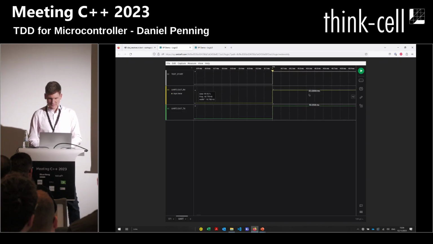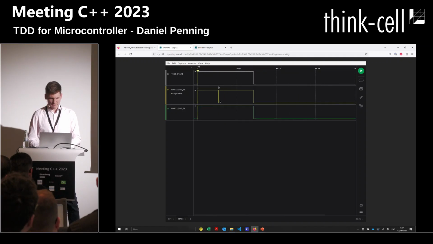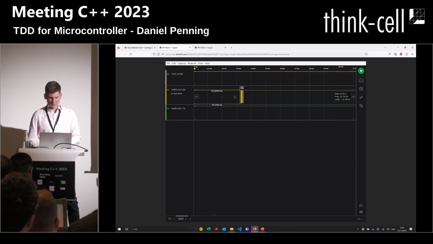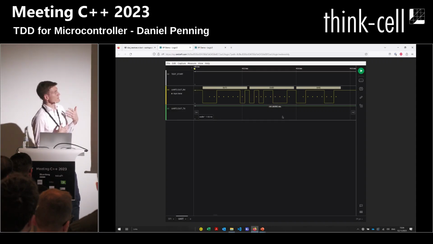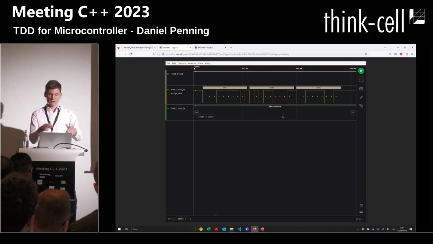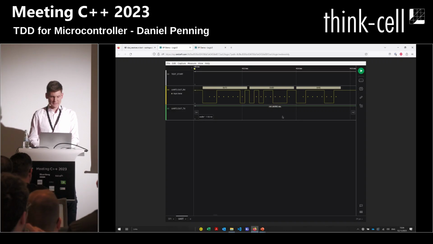Capturing stop, this is great. I need to zoom out a little bit. So here's data on the receive line of the UART, and these are the 3 bytes we really wanted to send. So you can always check that this is really happening on the pin level, and you can compare arbitrary signals. This is great for debugging.